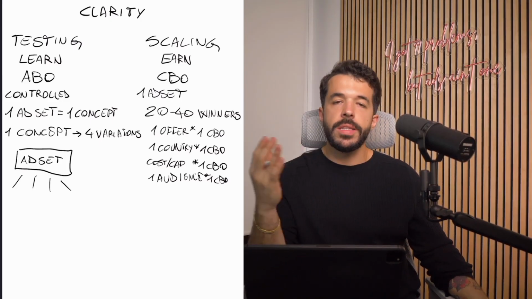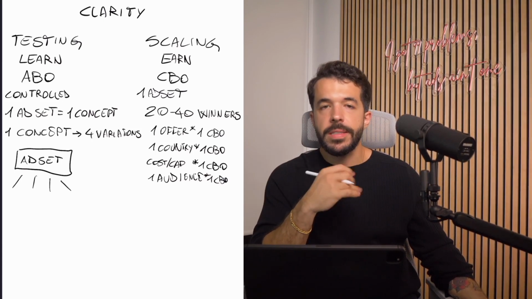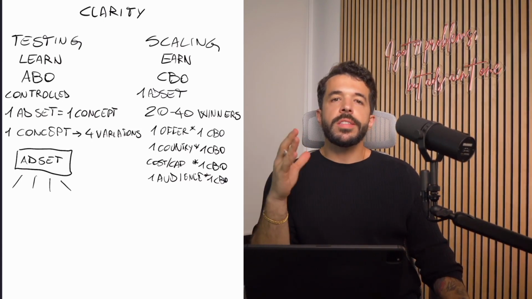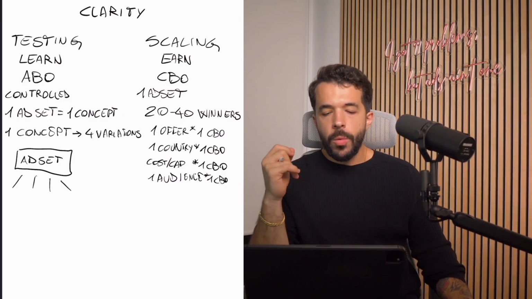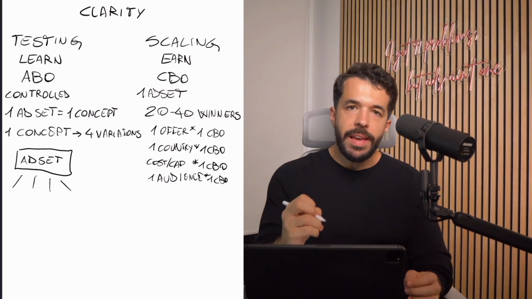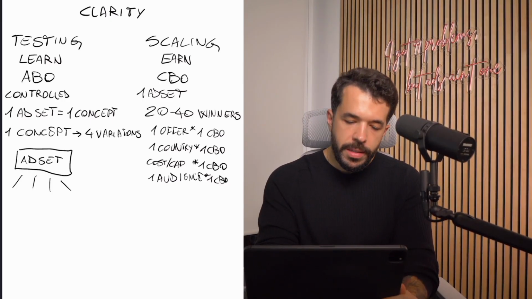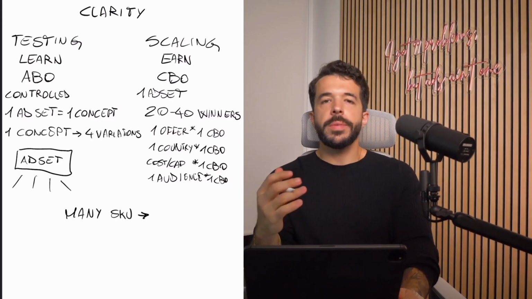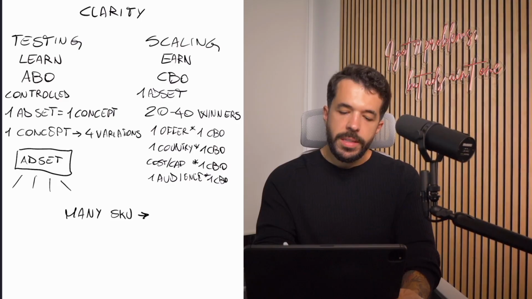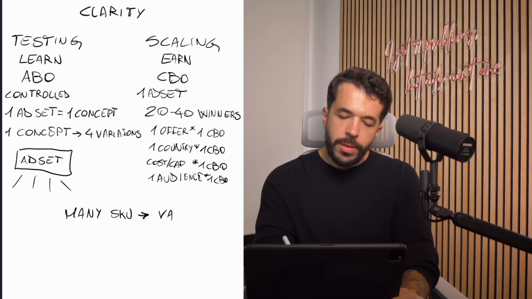Now, regarding the performance goals, which is something that recently a lot of people are talking about, and even when I was at the Meta event in September, they were discussing this as some sort of a relevant topic. Now, what we found is that if you have many SKUs, you want to optimize, or at least you want to start optimizing with value